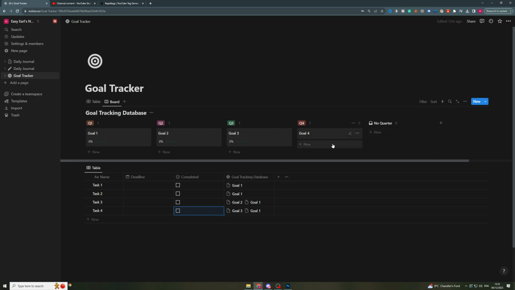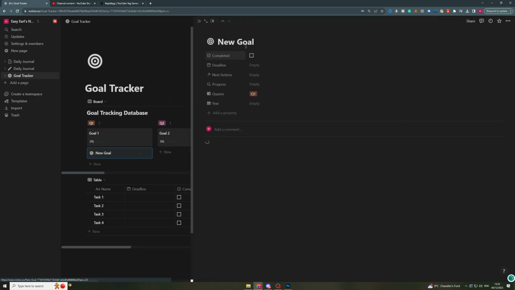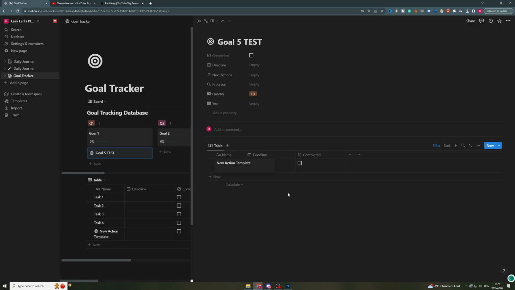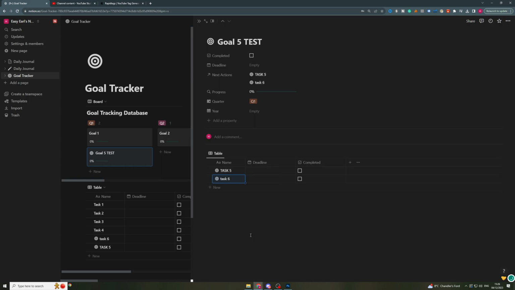So what I'm going to show you here is I'm going to show you on this database. I'm going to create a new Q1 goal. I'm going to go into here and edit it. I'm going to say goal 5 test, just so you know it's a test. And this actually down here has automatically generated me a table of tasks, as I have already created this. So what I can do here is I can actually create a new action, and I'm going to call this action task 5, like this. Now I'm going to create another task within here called task 6,